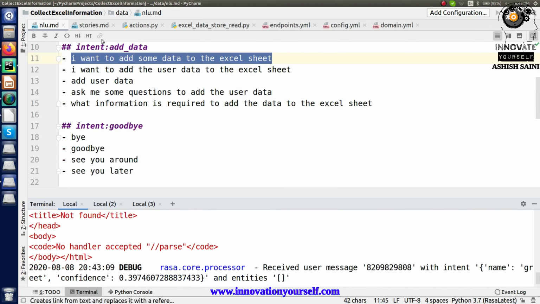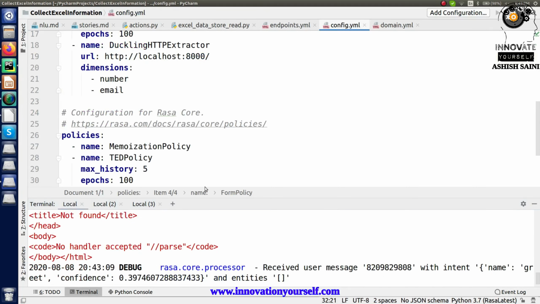Let's see if there is any problem in here. Okay, so everything is mentioned. Let's remove this from here and do this in the proper way.